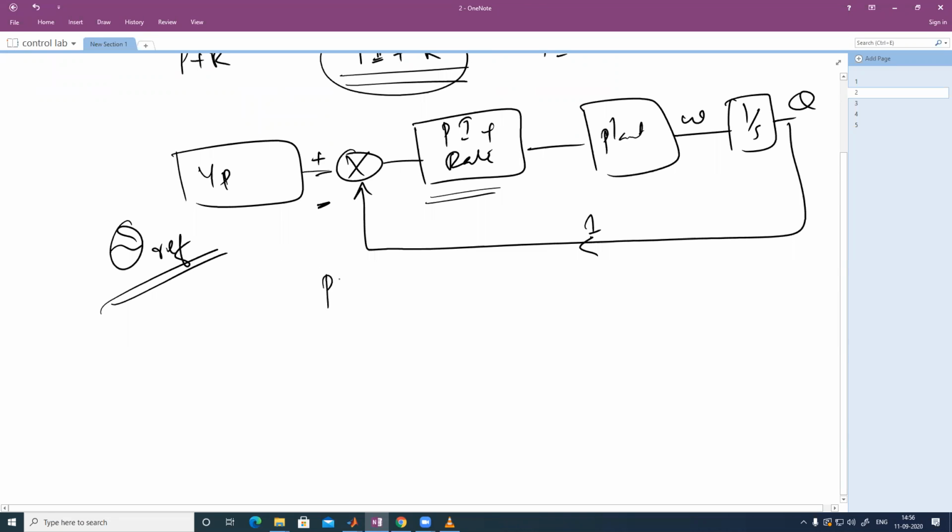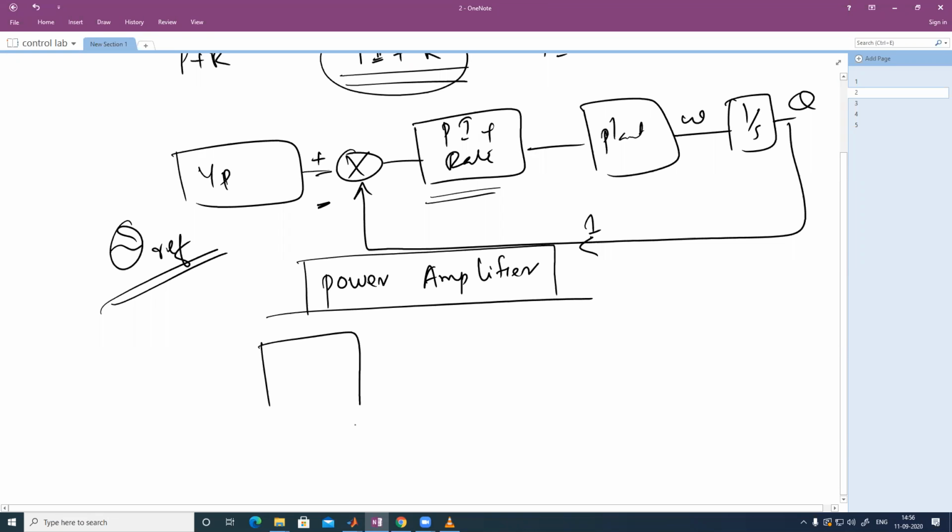and this control signal is passing through a power amplifier circuit. If it is analog or digital control, in the case of digital control, you are using a controller, any circuit or board or a processor for this control implementation. So the input will be the control input to the processor or circuit board.